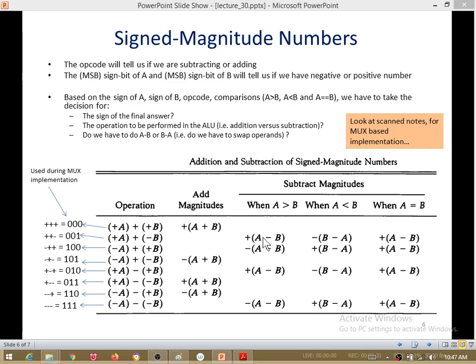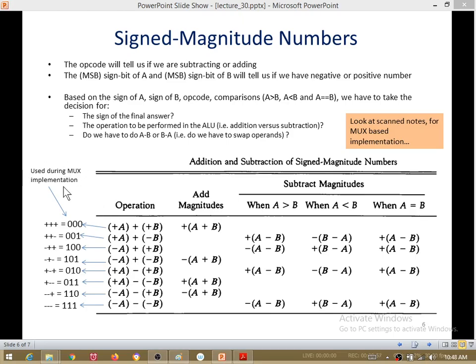If you are going to subtract, then obviously it matters if a is greater than b, or b is greater than a, or if a is equal to b. Okay, so keep this in mind while we now start looking at the hardware implementation of this. Before we take a look at the hardware schematic, we are going to designate the plus and minuses using some code so that it is easier for us to do a mux